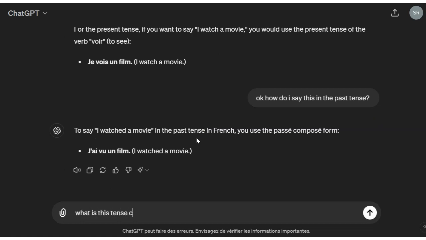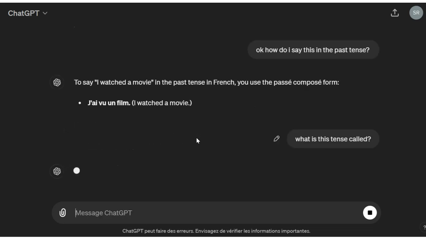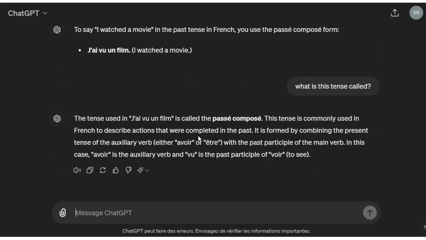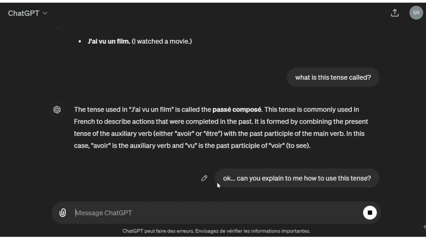And then again, as you can see, its first instinct is to just give the answer and not lead you towards the answer. And so I ask it what this tense is called, and it doesn't go too much into detail. So the next question is, okay, can you explain? Let's see. I'm gonna ask it how to use this tense,